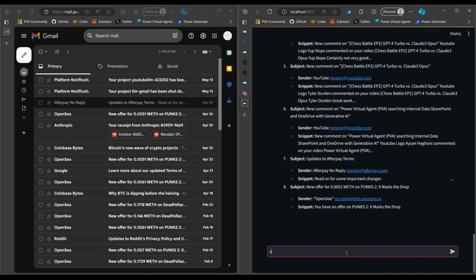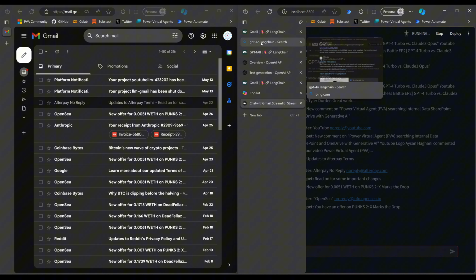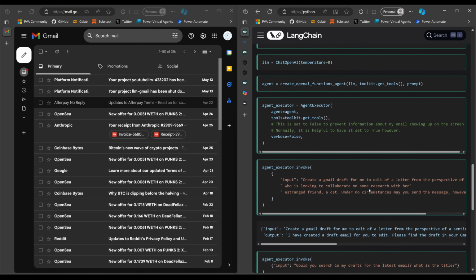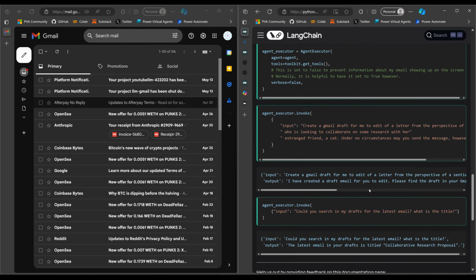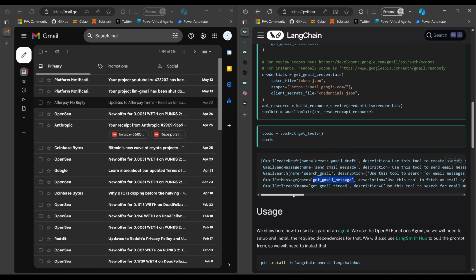Let's ask, show me my last, make it short, last 5 emails in primary folder. So if you have a look at this Gmail tools, what are these tools actually? Sorry, it's up here. So you can do these things: Gmail draft, send message, search, get mail messages. Use this tool to fetch an email by message ID,